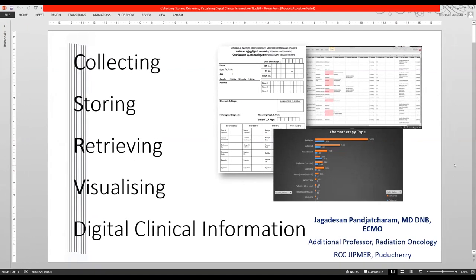Okay. So the topic is quite odd compared to most of your weekend topics, which are full of academic information. I had a keen interest in recording information digitally over the residency and even beyond that. So that had matured into a small software. Software in the sense it's not an entirely new one. It's derived from Microsoft Access.